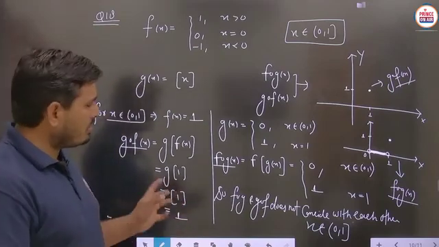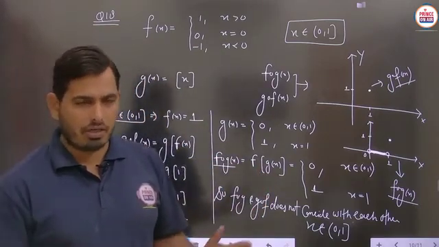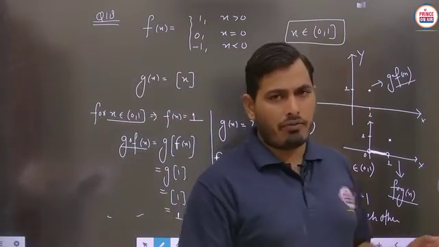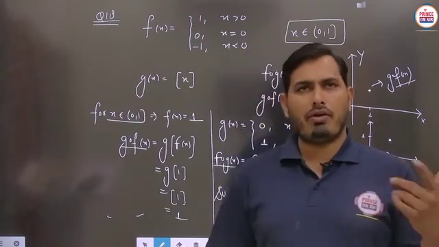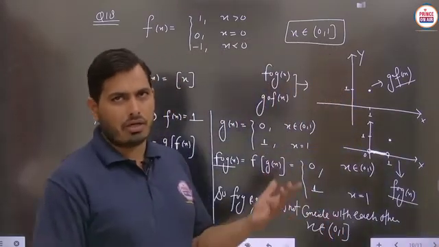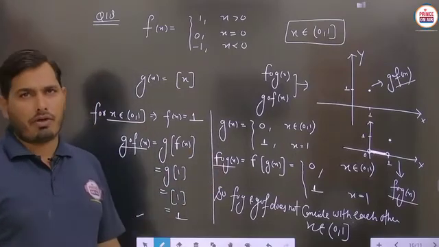Student, these are some basic questions, but we have to think about the particular part. You can easily observe the f o g and g o f part, but here the important functions are signum and another, the greatest integer, which is given. So, according to their functioning, we just have to calculate the answer of f o g and g o f.